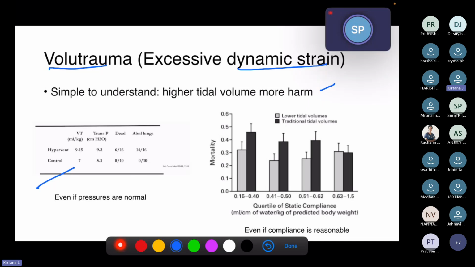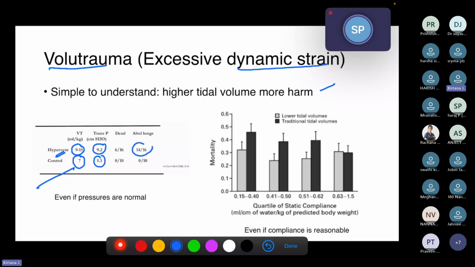So what this study showed is that in the hyperventilation group, the tidal volume was 9 to 15 ml per kg, whereas in the control group, it was 7. When they looked at the transpulmonary pressure, it was 9.2 and 5.3, not very different and definitely within the safe range. But what they saw was that in the hyperventilation group, 14 out of the 16 rats actually